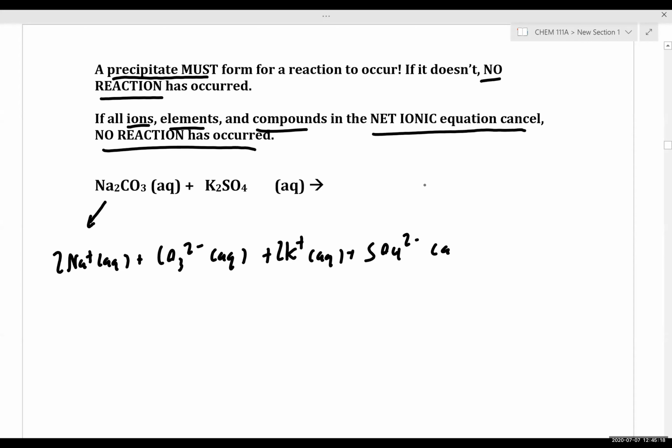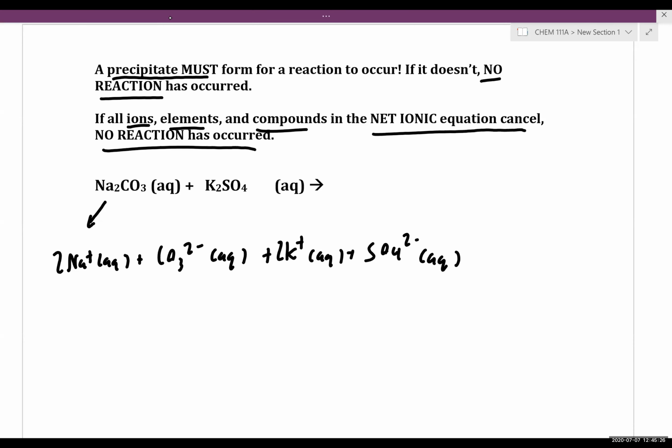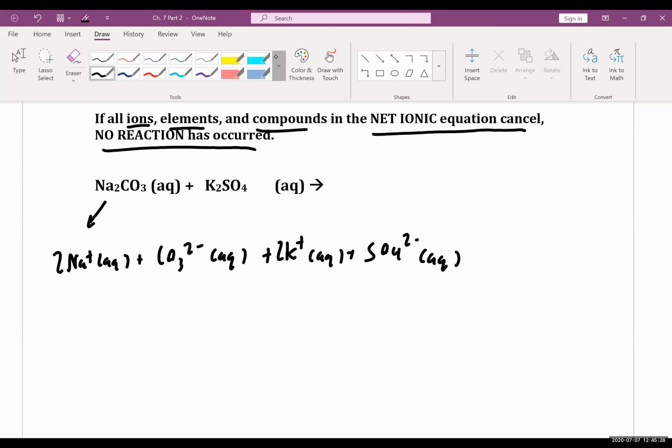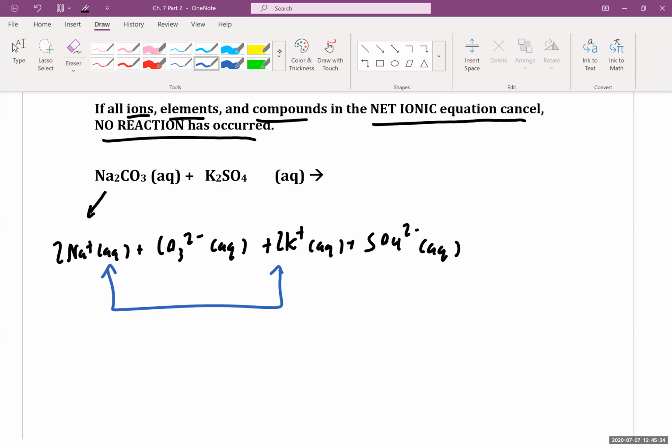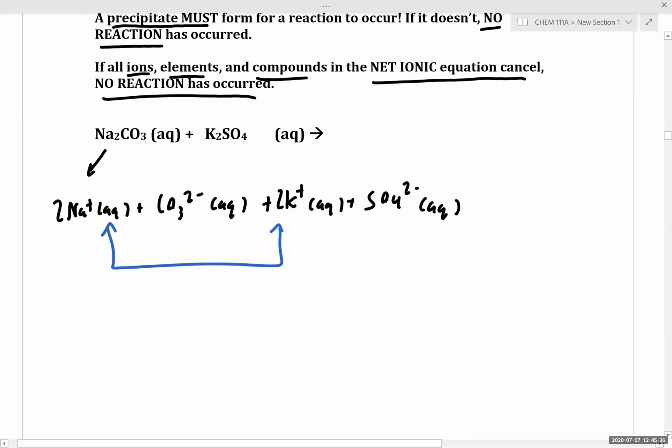So for example, if we mix sodium carbonate and potassium sulfate, and if we try to play a guessing game where we pair each of our cations and anions, in other words, you can think of it as if you're swapping your cations, we'd have potassium carbonate, which is K2CO3,